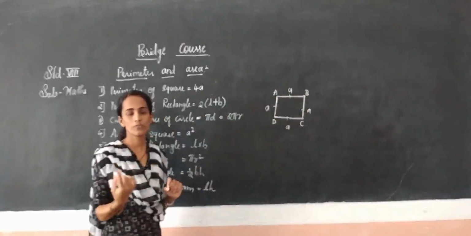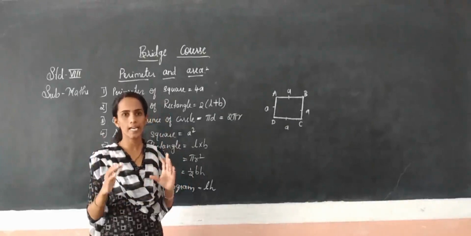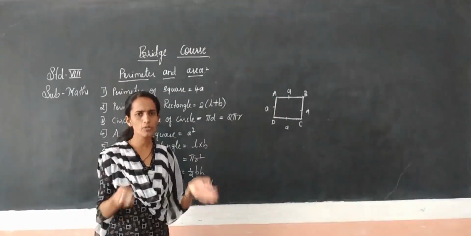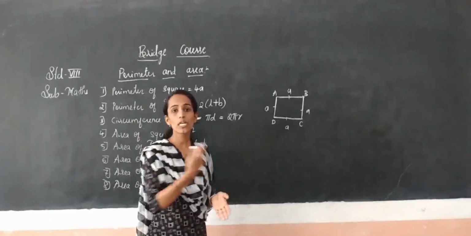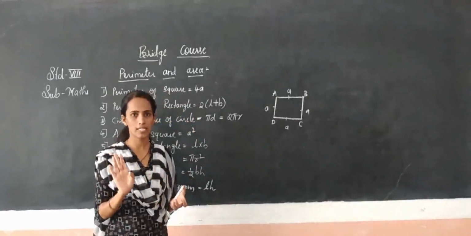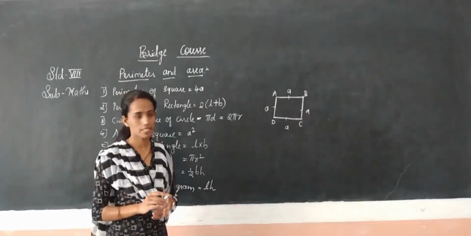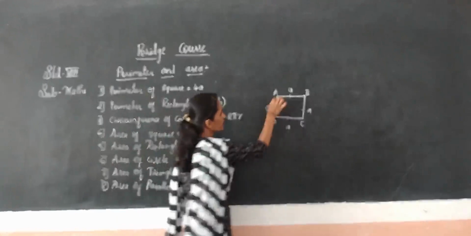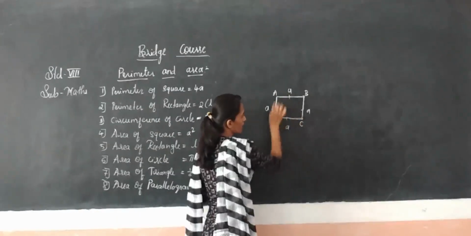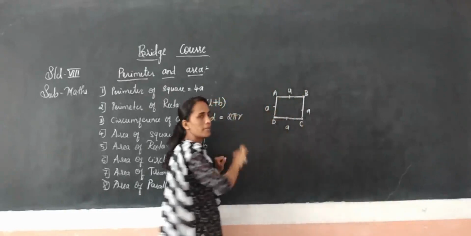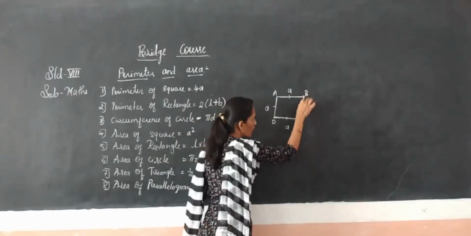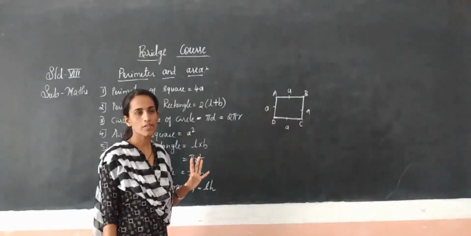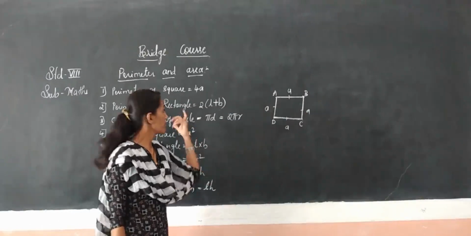So the length of the edge of the square, otherwise the length of the boundary of this square. Whatever area or particular place is given, the boundary we are measuring is what we call the perimeter of that area. For example, here we are taking the square, so what is the perimeter of the square? That will become AD plus DC plus CB plus BA, meaning all the boundary lengths we are adding here. The sum of all the sides is what we call the perimeter of the square.